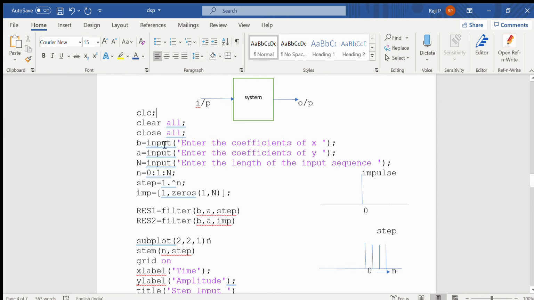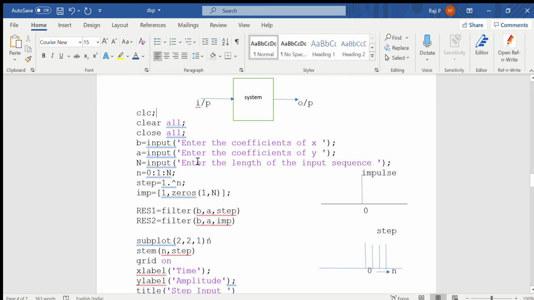The input function is given like this: b is equal to input, and within quotes, enter the coefficients of x. Whatever you give within the quotes will be displayed in the command window, and there you have to enter the coefficients. Similarly, give a is equal to input of, enter the coefficients of y.